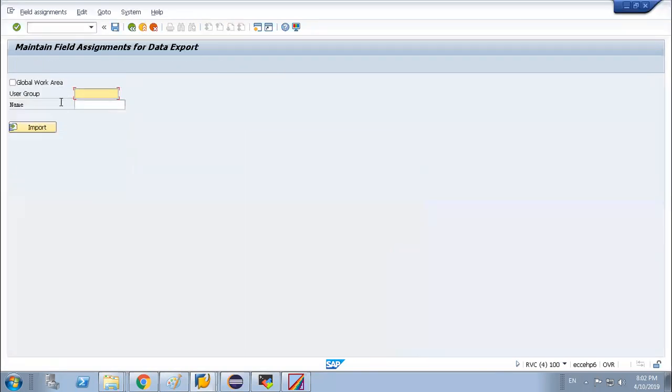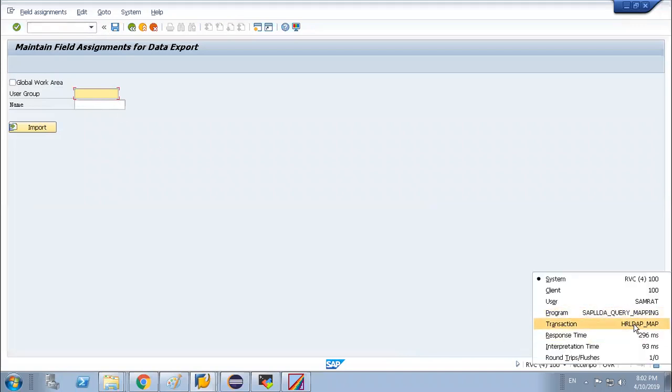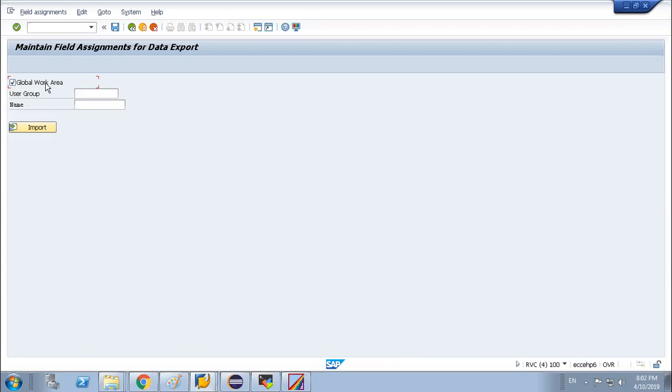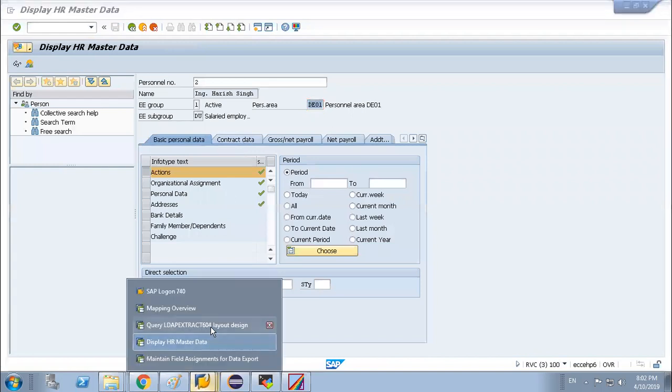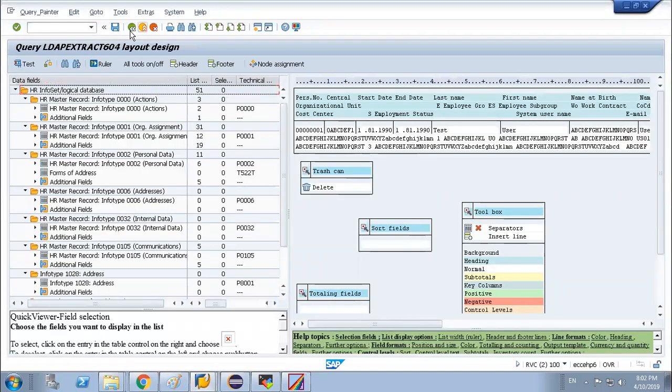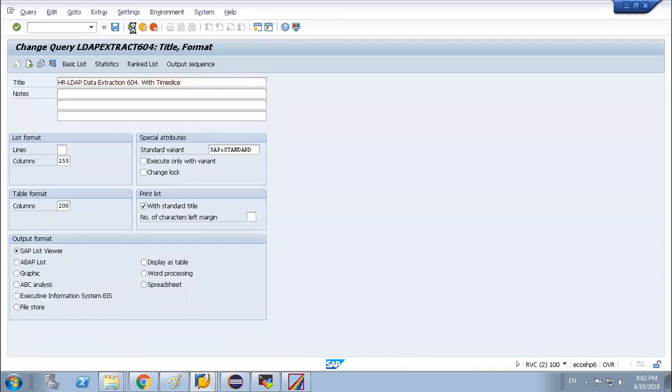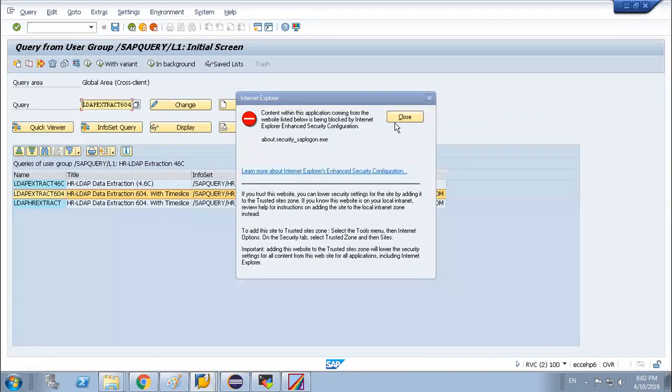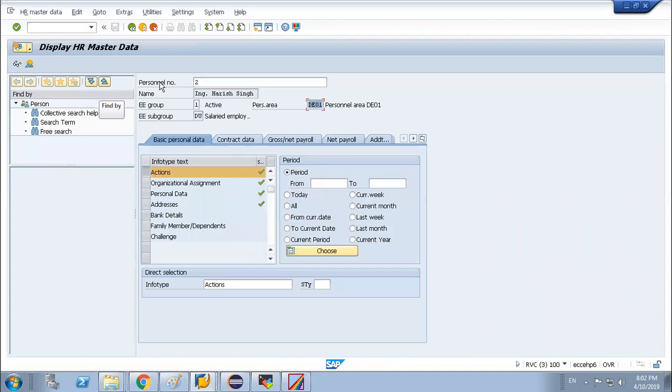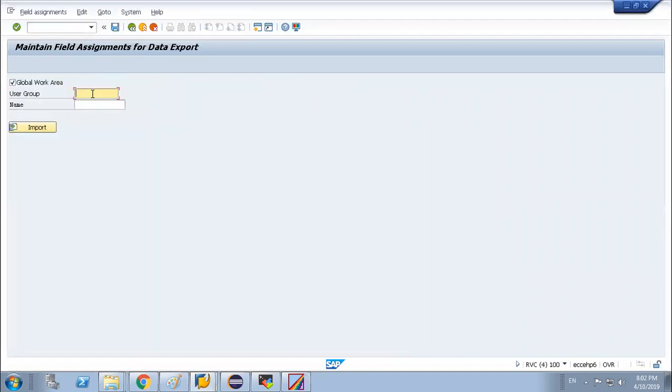So if you go to your transaction HR_LDAP_MAP, which attribute area? This is the global working attribute area that we have selected. Global attribute area, we have already selected this one. What is the query name? /SAP query /L1.